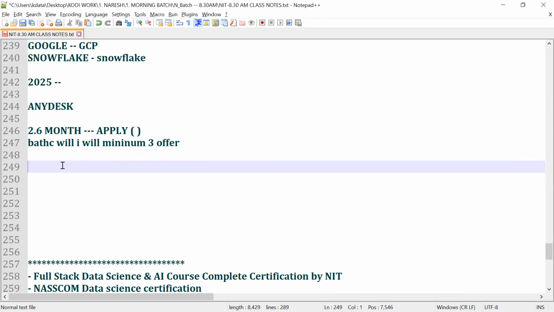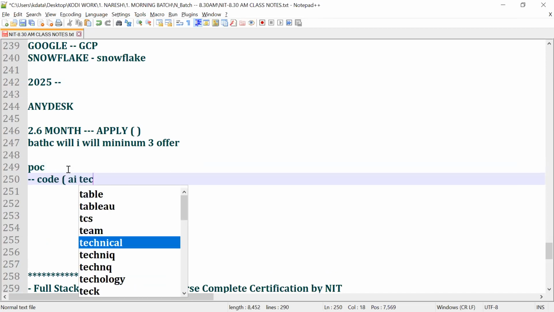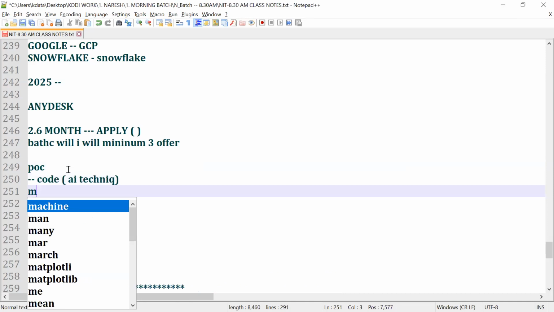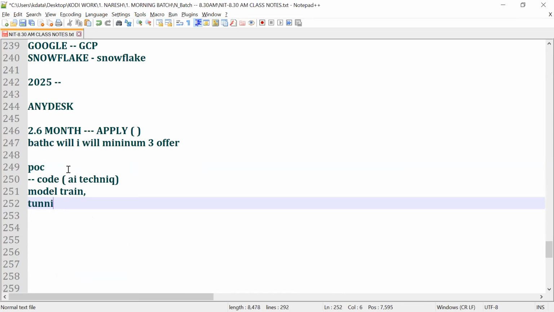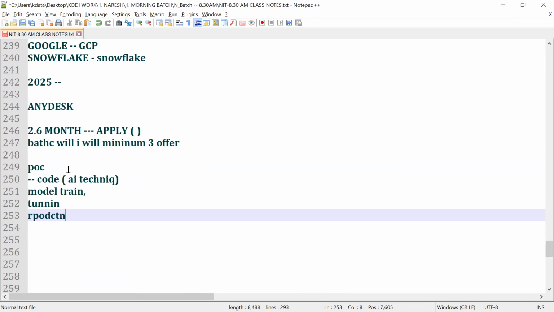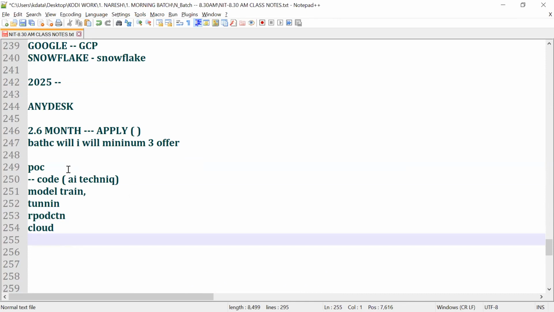Let me tell you, not all POCs become alive. You know all the code, but you need to know a little bit of AI technique: how the model is trained, how cross validation happens, how tuning works, and what kind of issues you will face in production. You need to know all the concepts and how to deploy in the cloud, and every POC is different from the others.